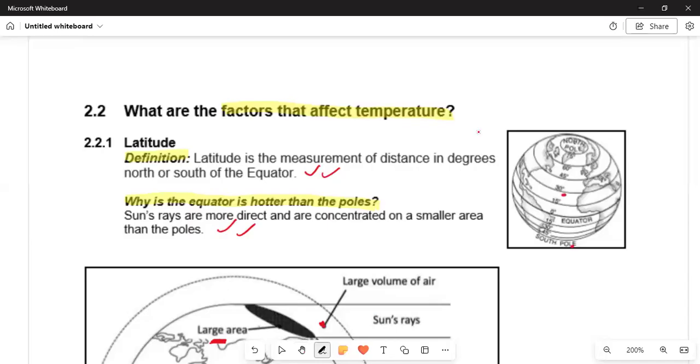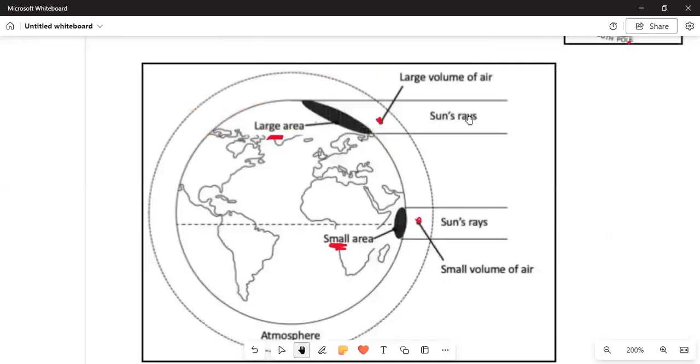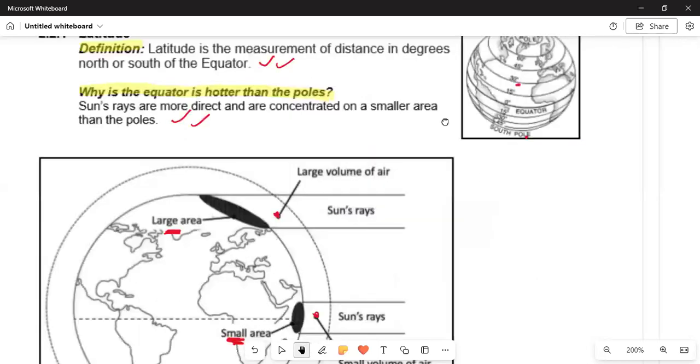So we are saying, why is it hotter on the equator? Why, we are saying that the sun's rays are concentrated on a small area than at the poles. The poles have a bigger part, but the equator is only a small part on which the sun is directed in large volumes. So this is further stipulated here. We can see that the sun, over this, is hitting a large volume of air here, and there's a large surface on which the sun's rays are very direct. And then on the small area, the sun's rays, there is a small volume of air. So we are saying that the sun is received directly.